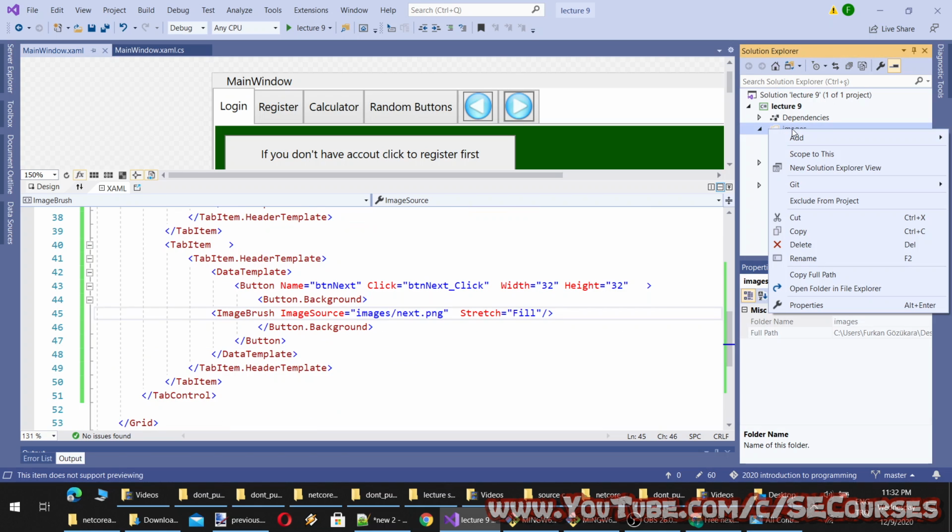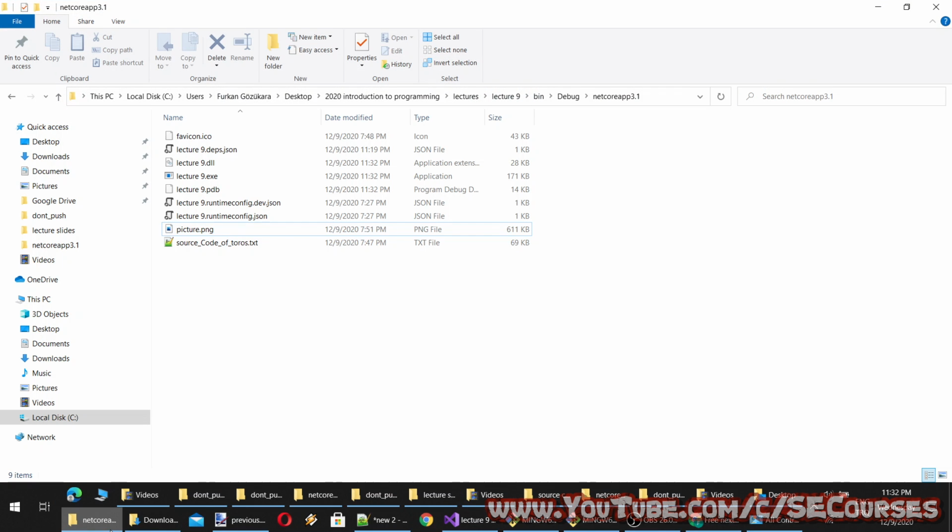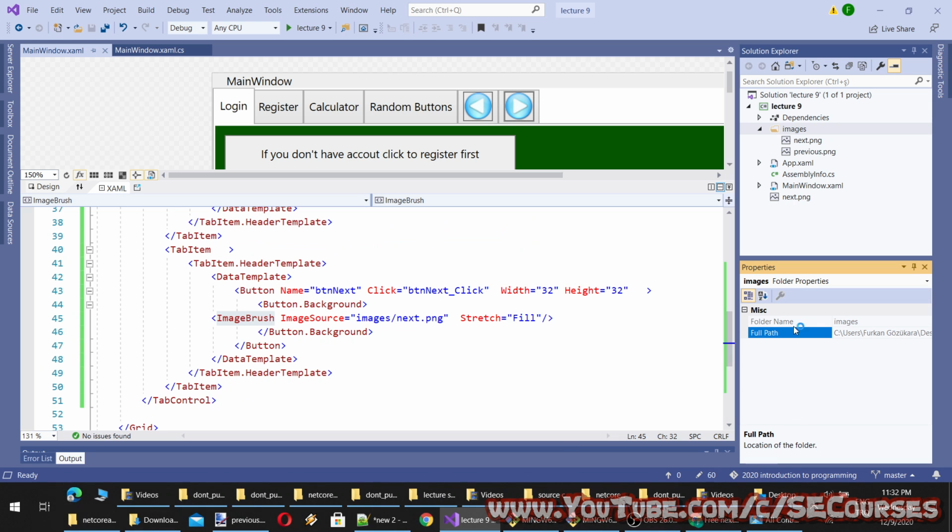Okay, I think I know the reason, because this folder is not inside the debug folder. So what I need to do is this folder needs to be copied to debug. Okay, yes, it is still not copied to debug. So